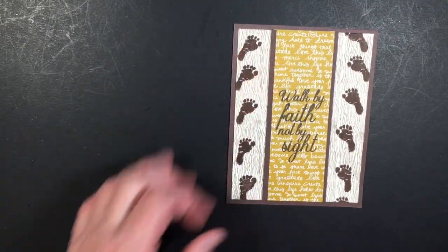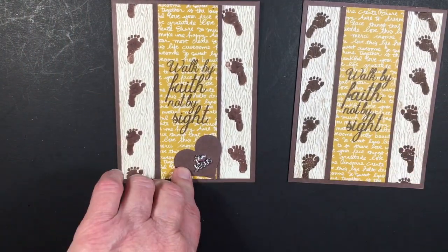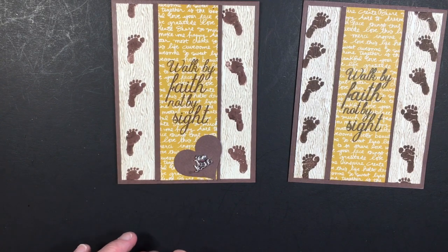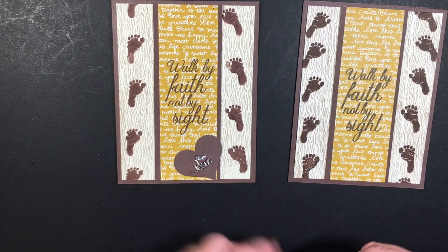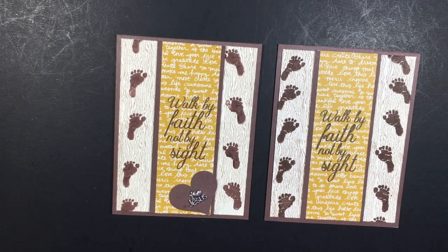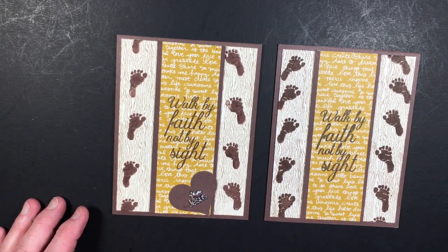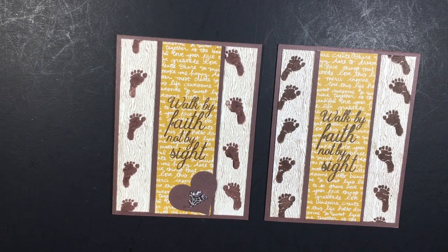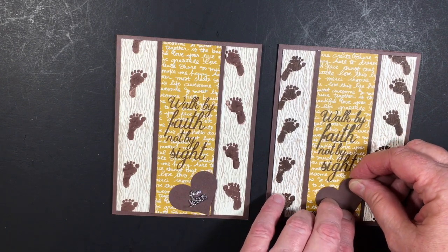and there we go. Now if you notice, my other card, I have this little heart here that says I love Jesus. Well, I had my card all finished and I happened to look and seen that I smeared ink all over down here, and it was really bad. So that's what I did. I used this to cover up my ink spot. So we can go ahead and put this on anyway. I just punched out a piece of brown, stuck it over the spot,